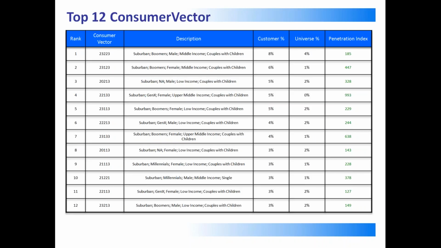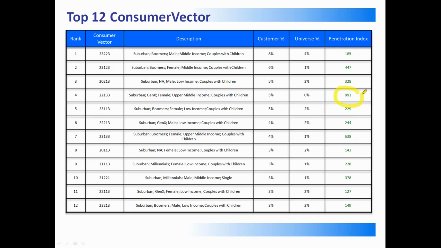Consumer vectors are sort of lifestyle clusters. They group people together based on where they are in life. This is one of those. There's, I think, 800 different categories here for consumer vectors. So once you get below the top 4 or 5, you fall below 5% frequency, which is kind of the threshold for statistical relevancy. So this again is more of a nice to have than a need to have, where you